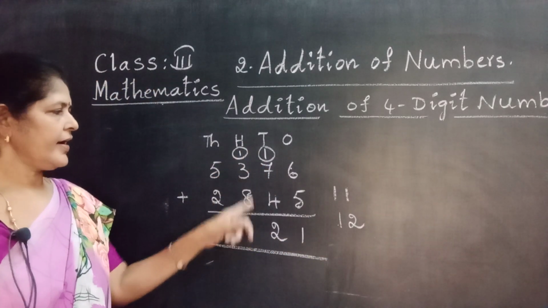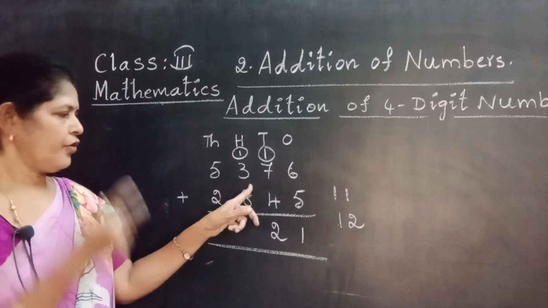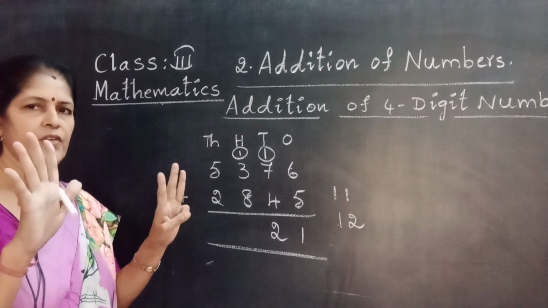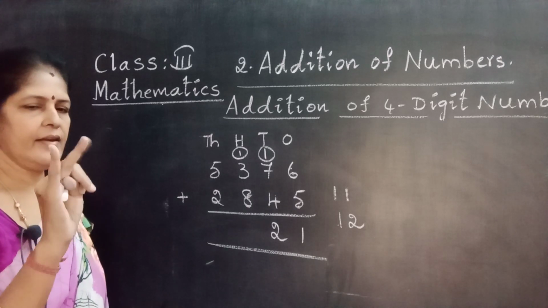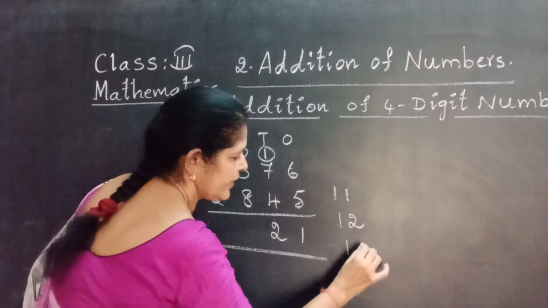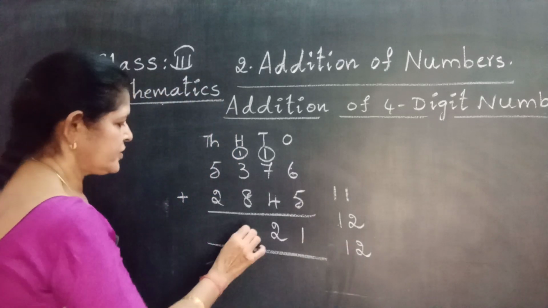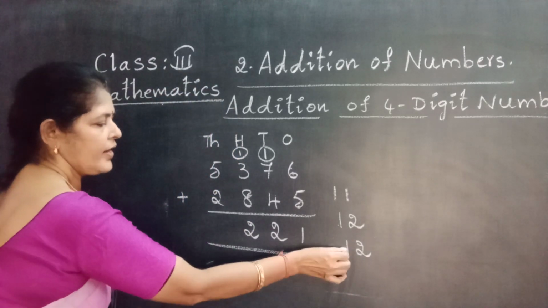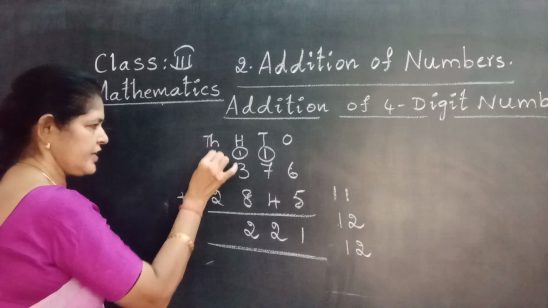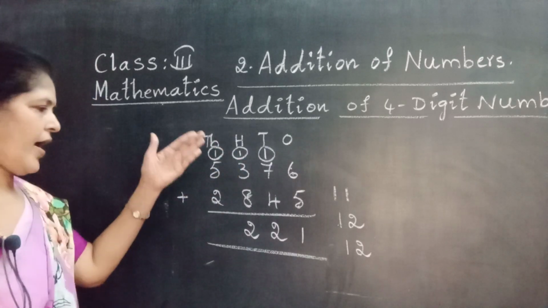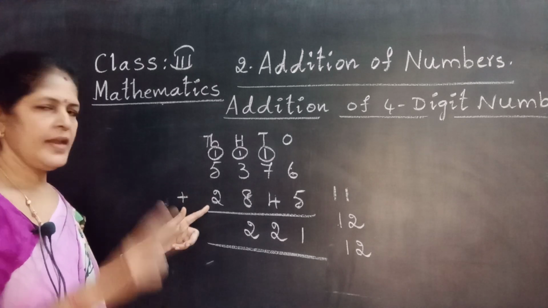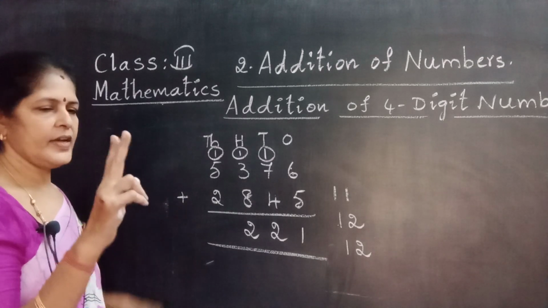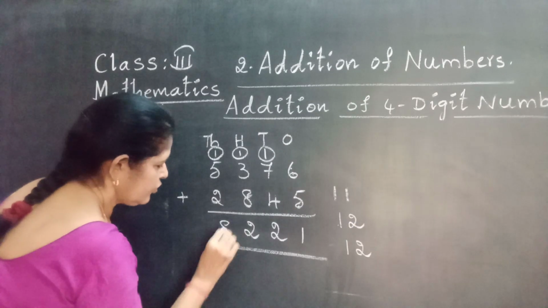Now adding hundreds, 1 plus 3, 4. 4 in the mind, take 8 fingers, 4 after 5, 6, 7, 8, 9, 10, 11, 12. Again we get a 2-digit number, write 2 in the hundreds place, 1 carry forward to thousands place. That means write above 5. Now 1 plus 5, 6. 6 in the mind, take 2 fingers, 6 after 7, 8. The total is